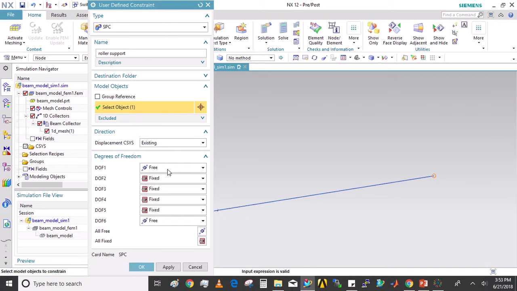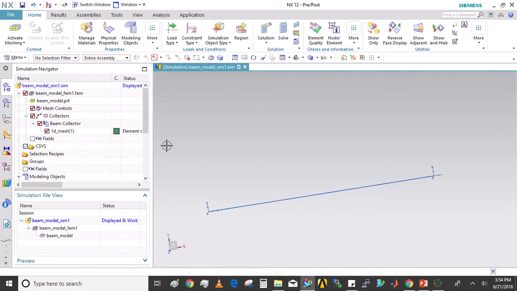So this translation along x-axis, degree of freedom 1, is free, and degree of freedom 6, which is the rotation or the bending about z-axis, is again free. Degrees of freedom 1 to 3 are translation x, y, z, and 4 to 6 are the rotations.